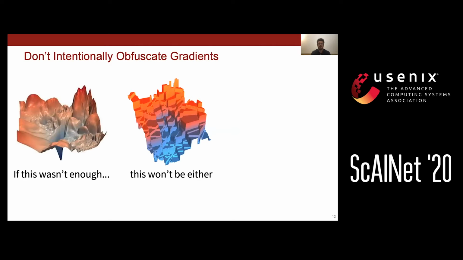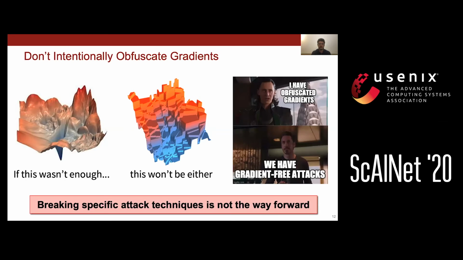So one of the first things we noticed, and we were actually quite surprised by this, is that there are a bunch of recent defenses that explicitly aim to break a model's gradients in order to break gradient-based attacks. And this is unfortunately just the wrong way to think about this problem. By messing up gradients, we're most likely going to cause many existing attacks to fail, but that shouldn't be the end goal. The model hasn't been made more robust, and we found that these types of defenses are usually just very easy to defeat with some form of gradient-free attack.